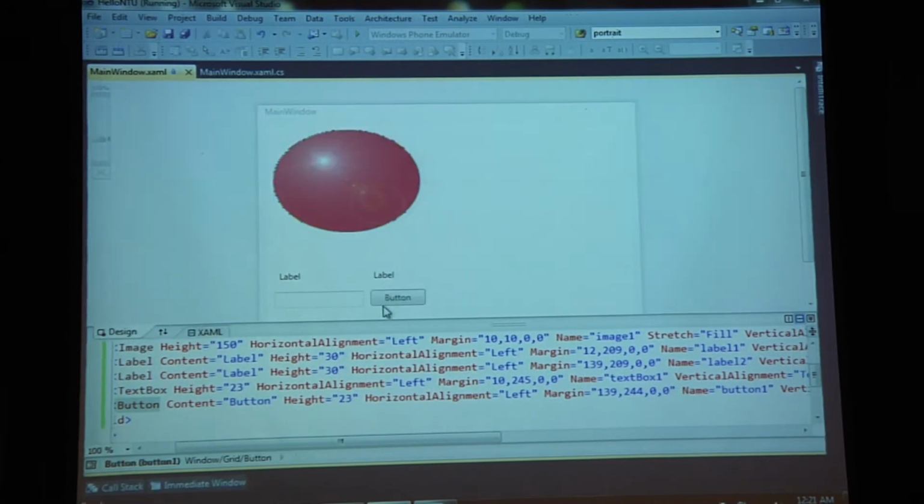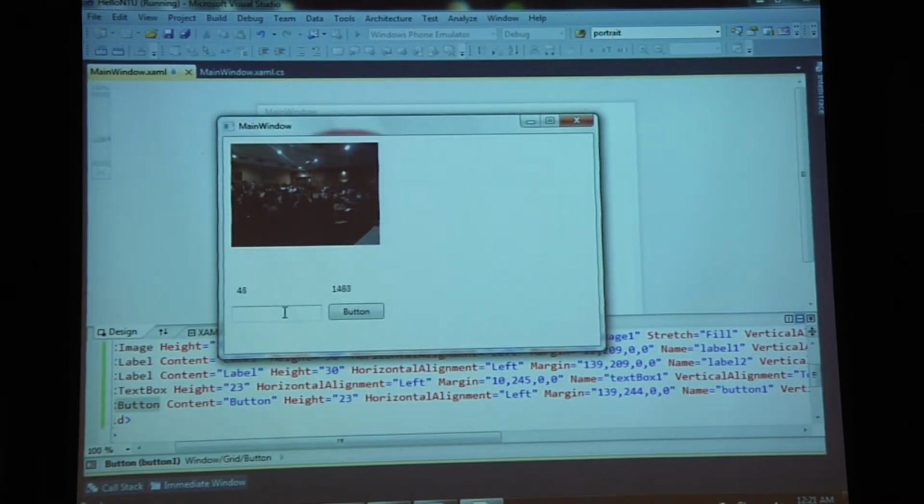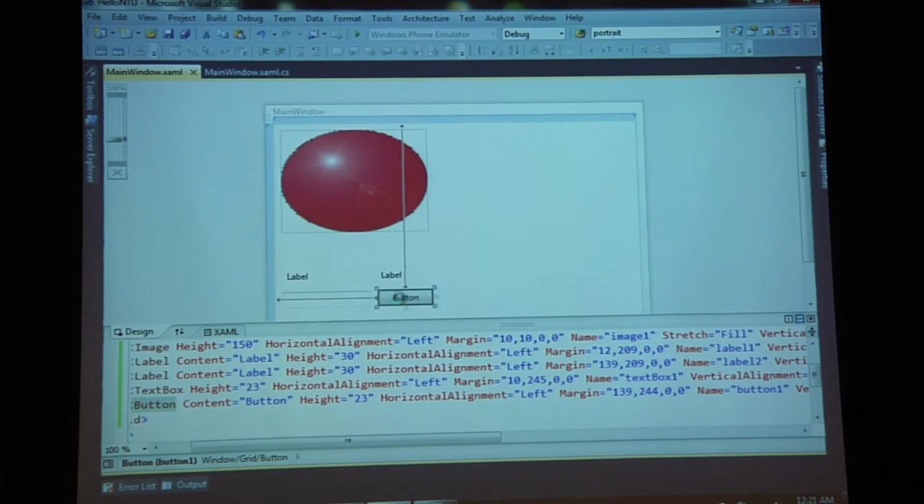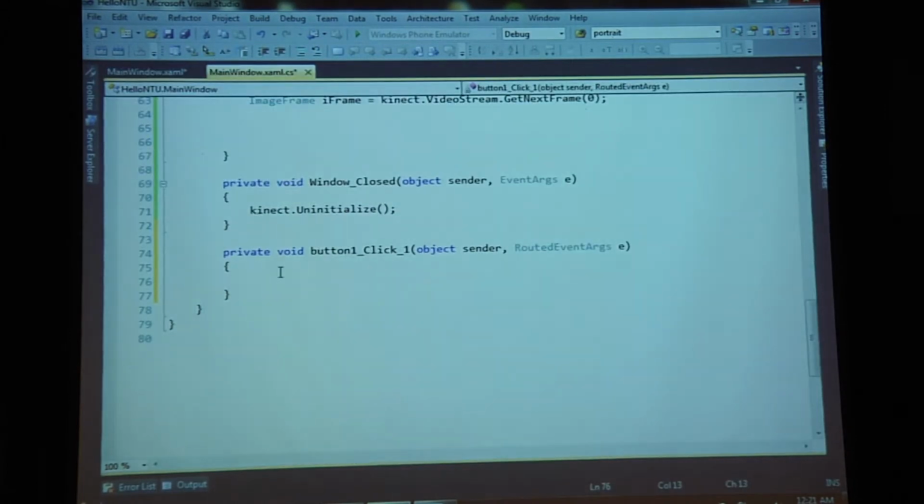So I'm just going to run it, but I'm going to tell you what I think I want to do. I want to enter a number between -27 and +27, something like 15, and I want to hit the button, and I want the Kinect to go to that angle of view, right? So that's what we want to do. The way to code that is super straightforward. Just double-click the button to get into the button event handler, and I'm going to say something like